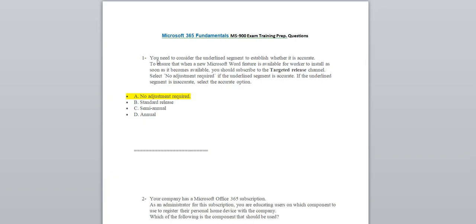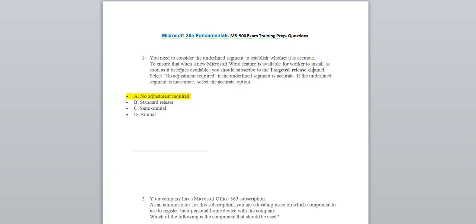So, the first question says you need to consider the underlined segments to establish whether it is accurate, to ensure that when a new Microsoft Word feature is available. Actually here, it's bolded. That's what I want to rephrase for you. It's similar, underlined or bolded, which is fine. So let's continue. To ensure that when a new Microsoft Word feature is available for work to install